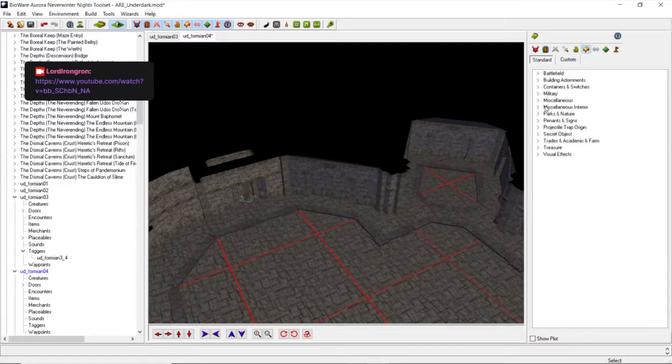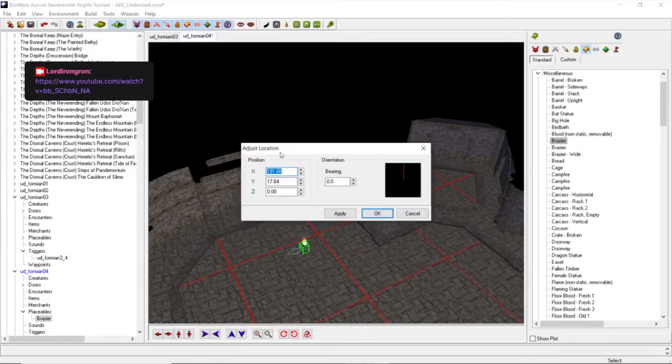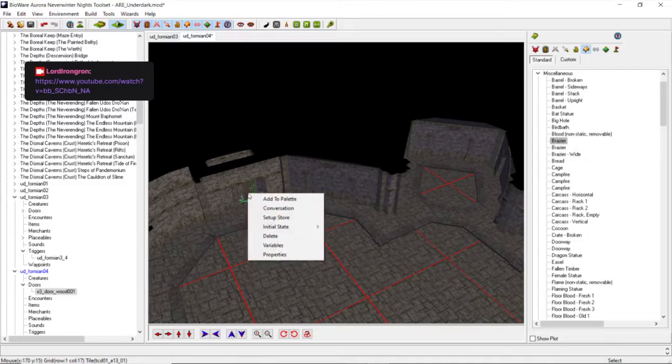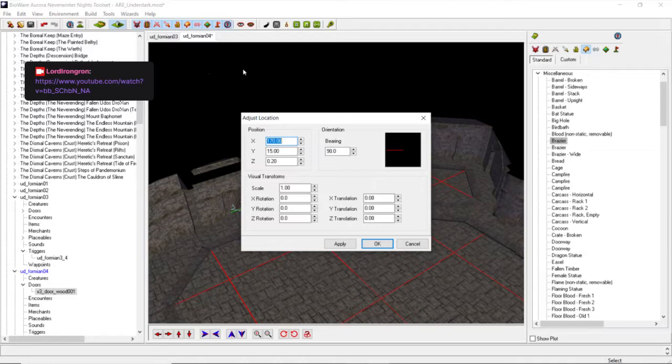Now with placeables, you can relocate them by dragging them around or right-clicking and choosing adjust location. Here's a brazier, look, I can just move it around, or I can adjust its location along the various axes by right-clicking on it. Doors, on the other hand, don't allow for that. I can drag it around, but only while it looks for another slot to go in. You can't just put it down anywhere, so it will jump back to where it originally was. And if I right-click on it, there is no adjust location. But on the left-hand menu, if I right-click on it, suddenly we have adjust location,